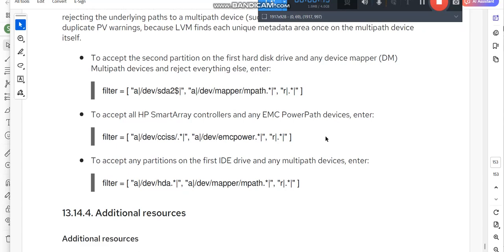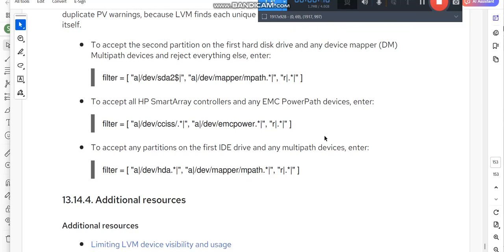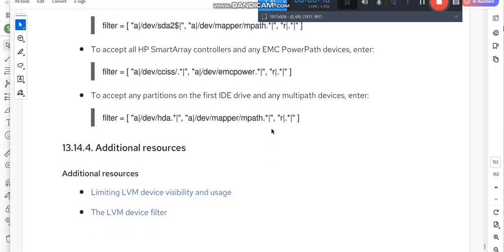To accept the second partition on the first hard disk drive and any DM Multipath devices and reject everything else, enter: filter = [ "a|/dev/sda2$|", "a|/dev/mapper/mpath.*|", "r|.*|" ]. To accept all HP SmartArray controllers and any EMC PowerPath devices, enter: filter = [ "a|/dev/cciss/.*|", "a|/dev/emcpower.*|", "r|.*|" ]. To accept any partitions on the first IDE drive and any multipath devices, enter: